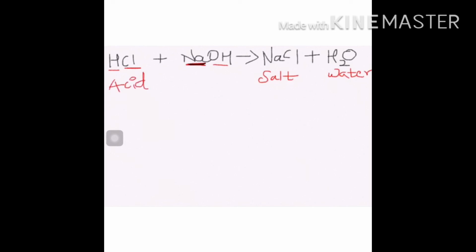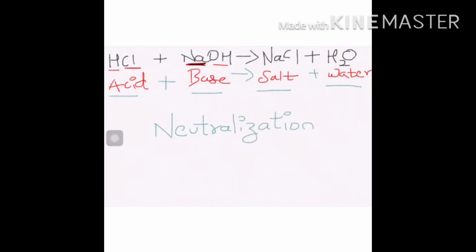On reaction of acid and base, you know that HCl is a strong acid and sodium hydroxide is a strong base. So when acid reacts with base, it gives you salt and water. Remember this. This reaction is called a neutralization reaction, and that's why our pH paper showed neutral, meaning green color, because this was the neutralization reaction. This is the neutral salt. We are going to study the types of salt later.